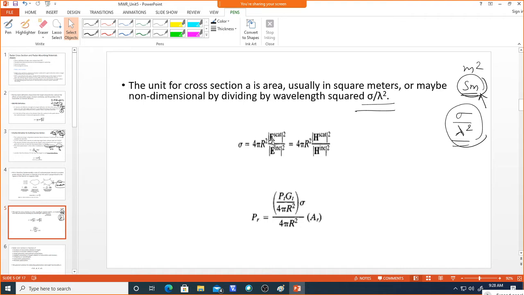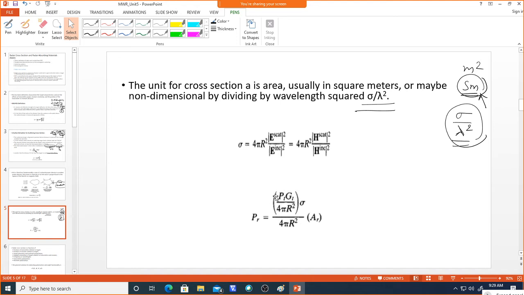Now if you want to measure in terms of the scattered electric field or incident field, it is a square of the electric field. The power is proportional to the square of the electric field or magnetic field. So you can see here it will be taken as a ratio of electric field, and here it is a magnetic field. Now this power is with respect to the antenna gain at the transmitter side.